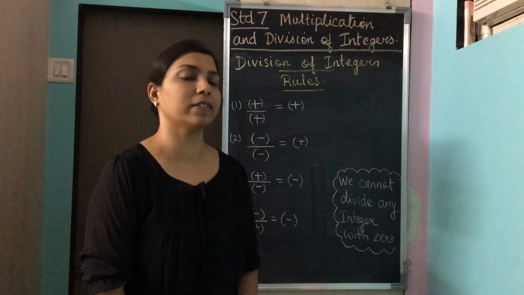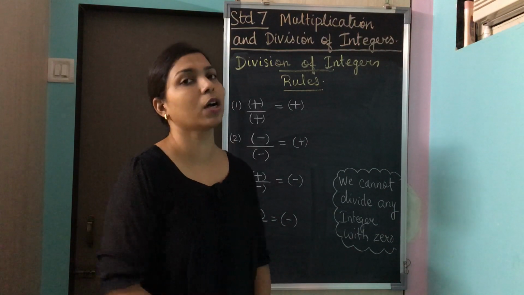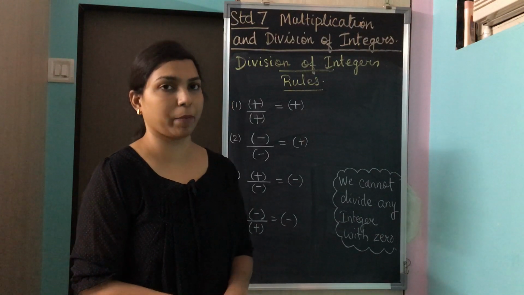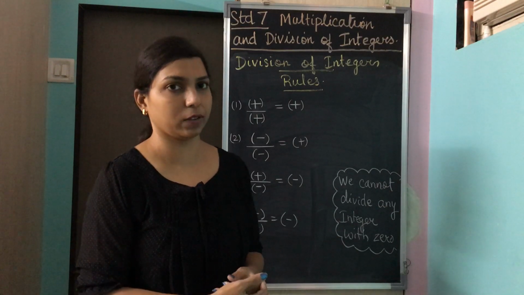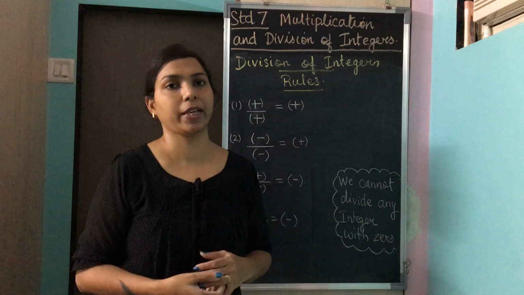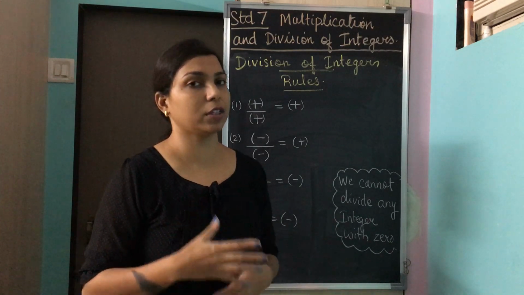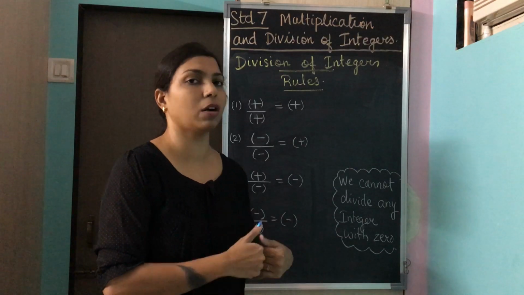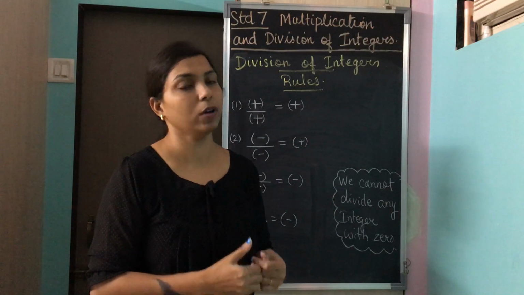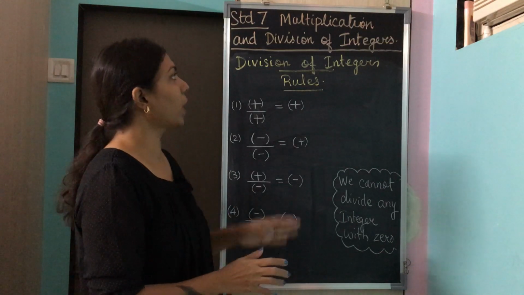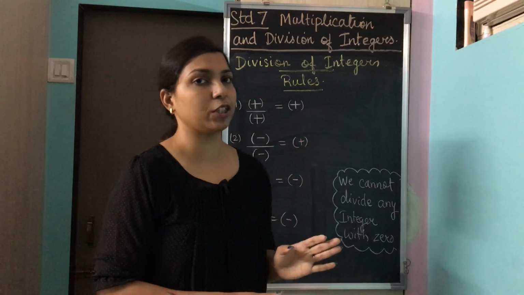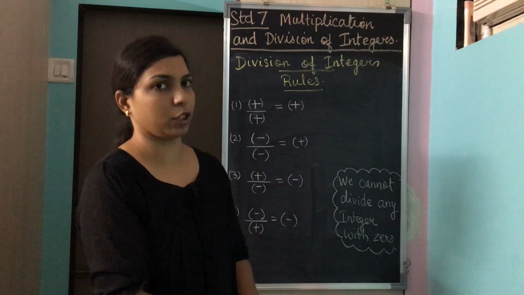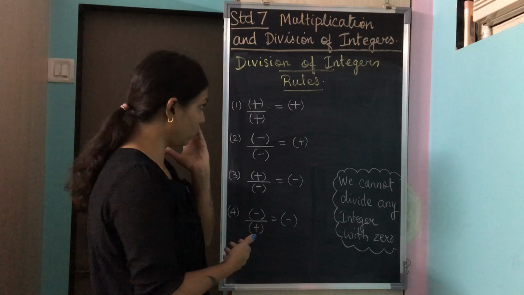In the previous class I sent you a video wherein you learned about multiplication of integers. Now in this class we will finish up with the chapter and learn about division of integers. Last time, when we did multiplication of integers, I told you about certain rules that you have to follow. When we do division of integers, we also have to follow certain rules, and the rules for division of integers are very similar to what you followed for multiplication of integers. So let us see what the rule says.